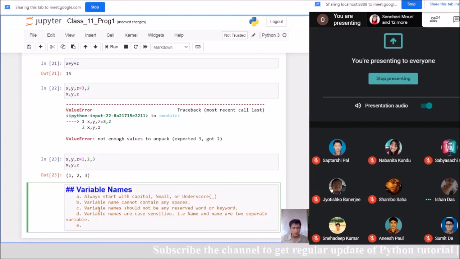Variable name should always be an identity of that purpose. I'm writing it.